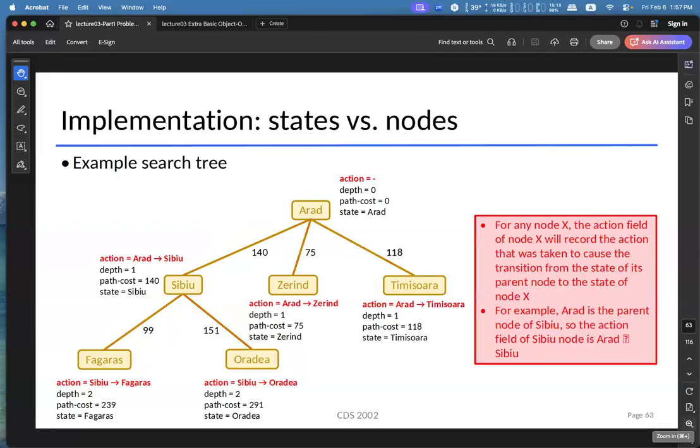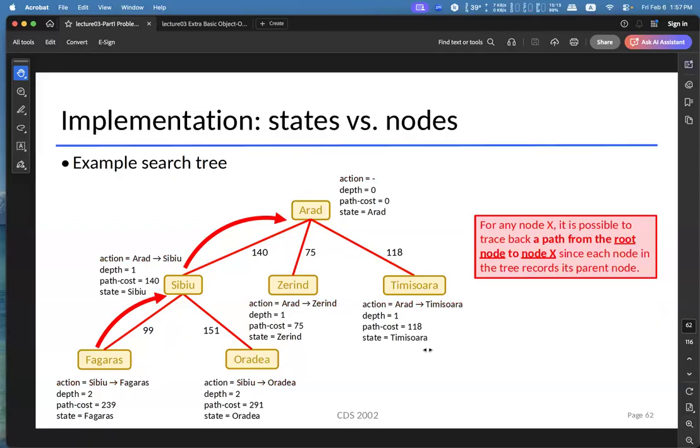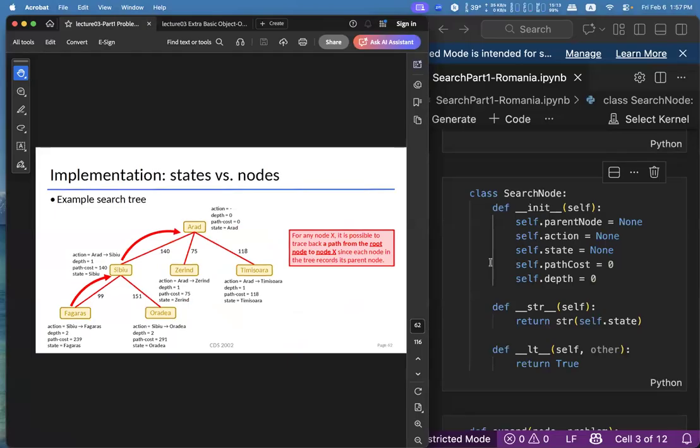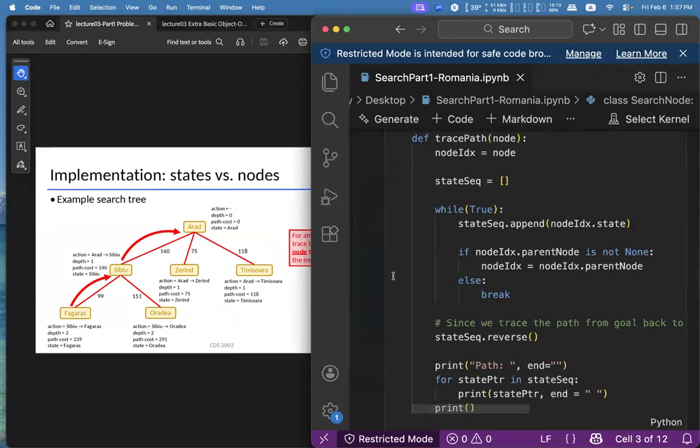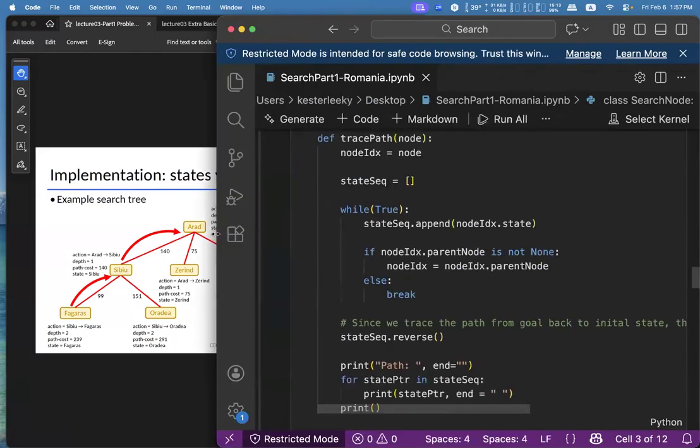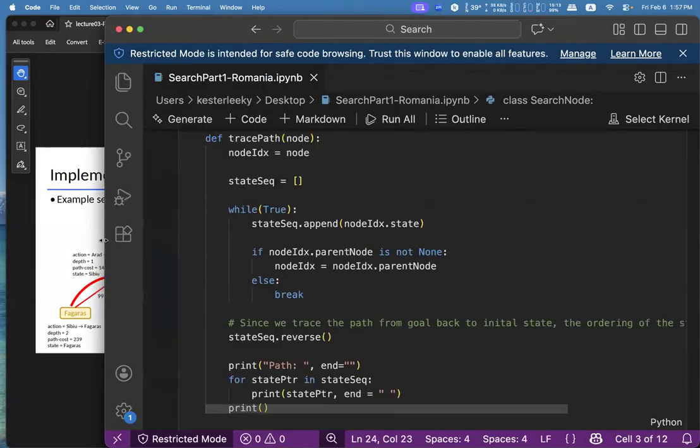So I've even written code to illustrate this. If you go to the sample code, you can see this is what we do. We write a while loop and keep on checking. We created a variable called node IDX to keep track of the node that we are working on right now. Each time we take the parent out and check if it's a null value.